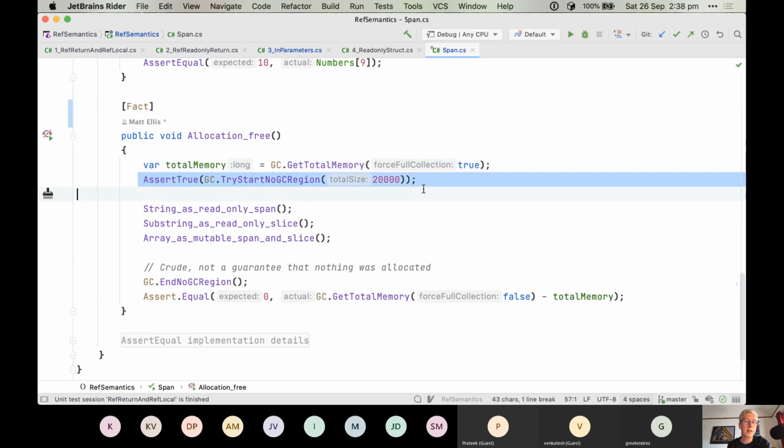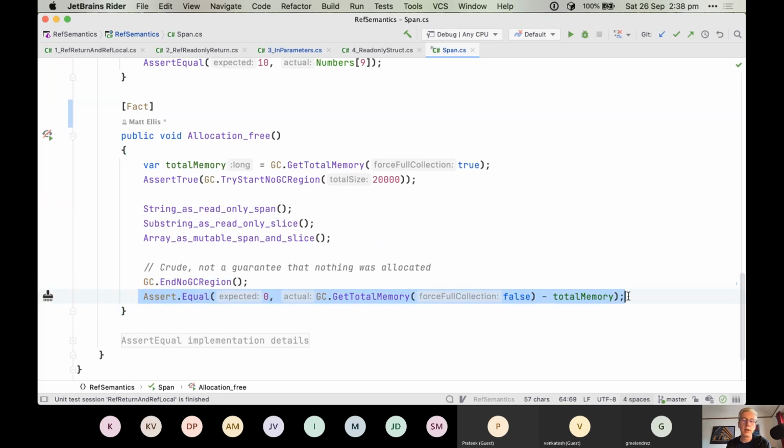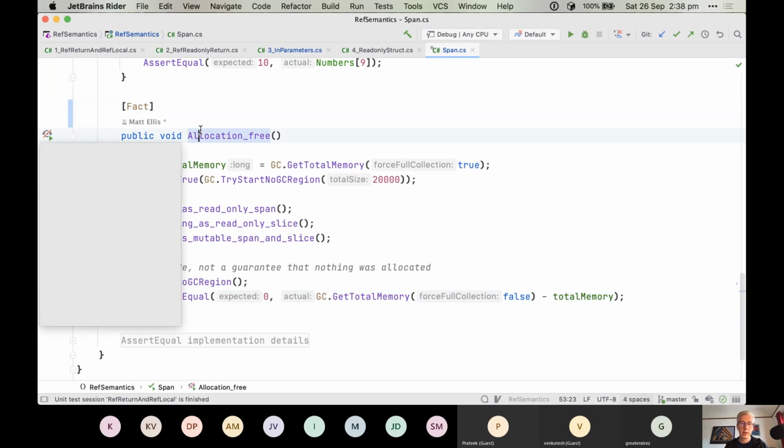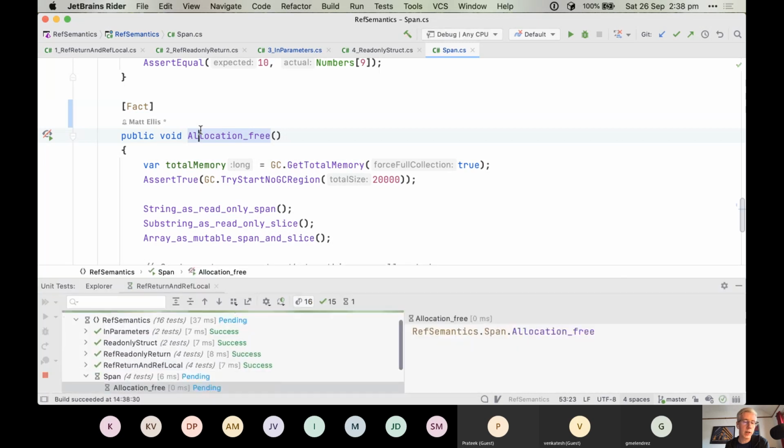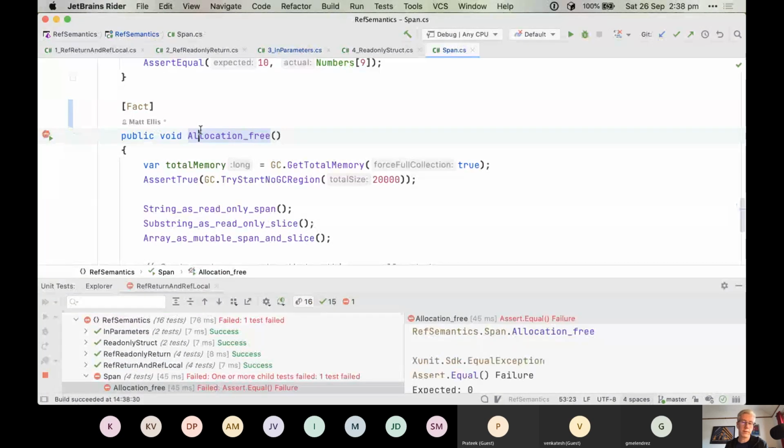I can tell the garbage collector to not do any garbage collection until I say carry on. And I can call my tests, and I can say carry on, and then I can assert the memory usage there is as it should be. It should be 0. And if we run that, we should hopefully now, as it recompiles and runs, have